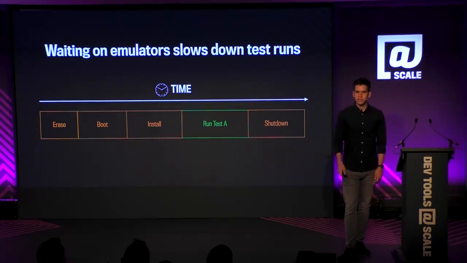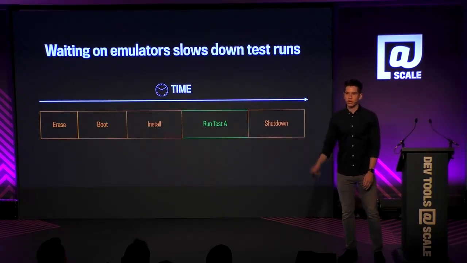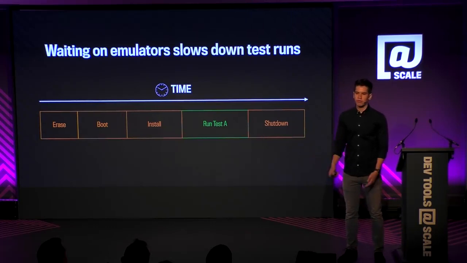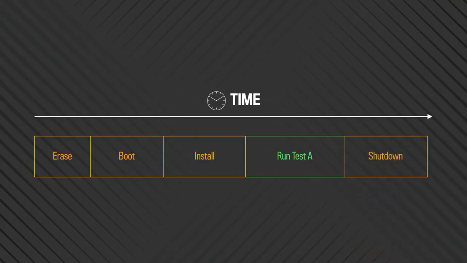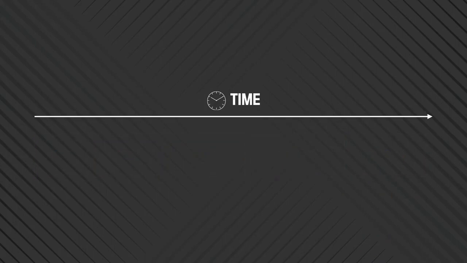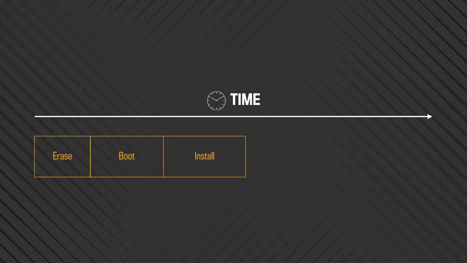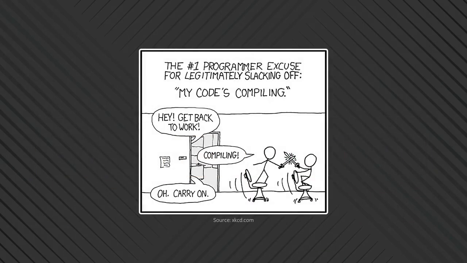Although this example is far from reality, we're just running one test here, and at Facebook we invest a lot in testing. So what happens if we need to run multiple tests? A naive approach would be to just run everything sequentially. So we start running test A, and then we move on to the second test. So we run test B, and then now we need to run a third test, right? So what's going to happen?